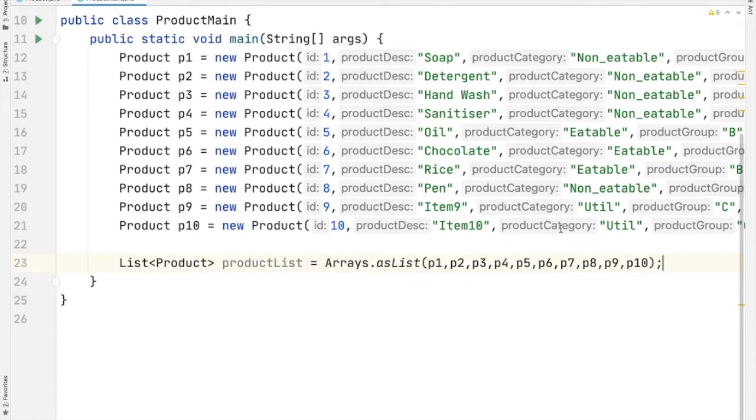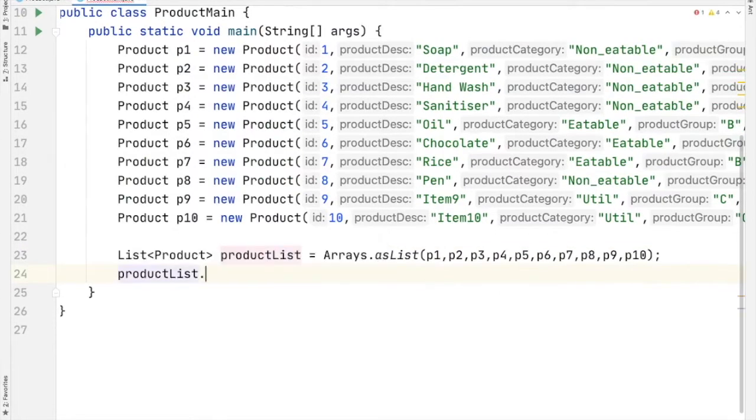In each of these cases, that is reduce with accumulator, reduce with identity and accumulator, reduce with identity, accumulator and combiner, I am going to show you how we can perform sum, minimum and maximum operations on the quantity in different ways. So first we will do the sum of quantity in the product list.